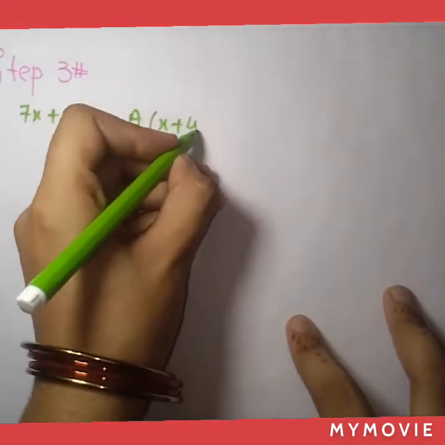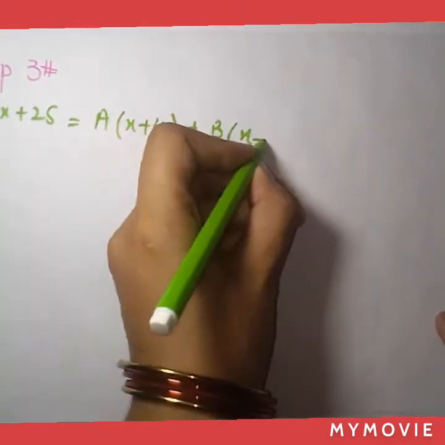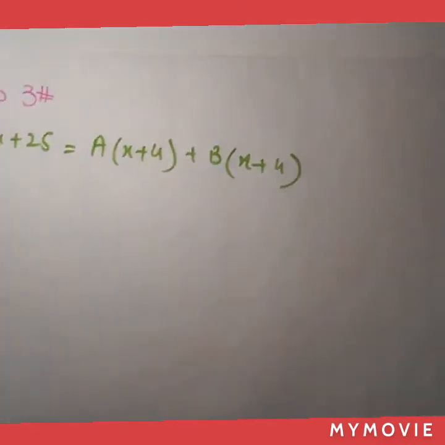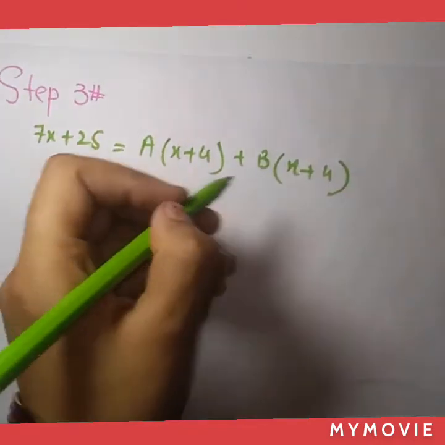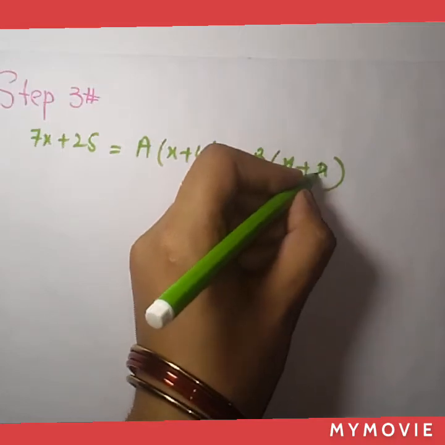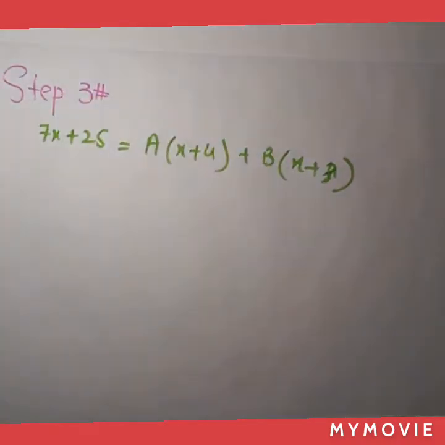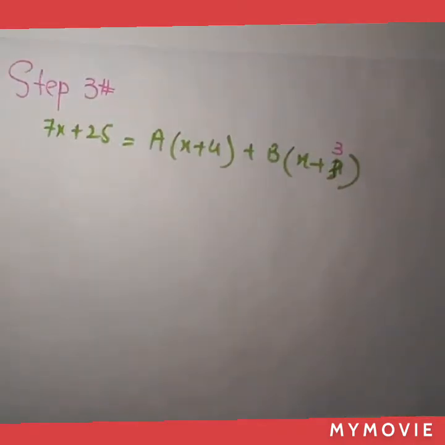X plus 4. This is the statement we have to follow. Okay, now what do we have to do? X plus 4 and there is x plus 3. Okay, I can make it. If you make a mistake, then write it in another color or with another pen, and avoid using white or removers on the paper.